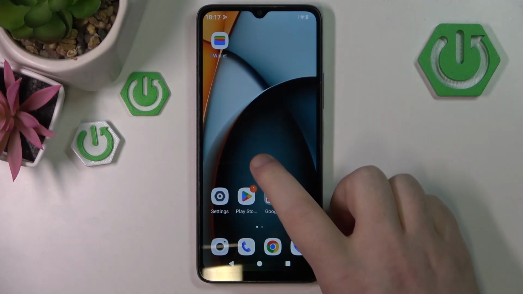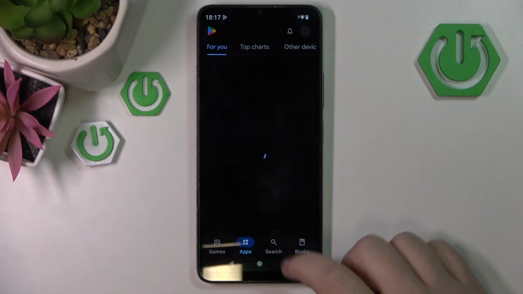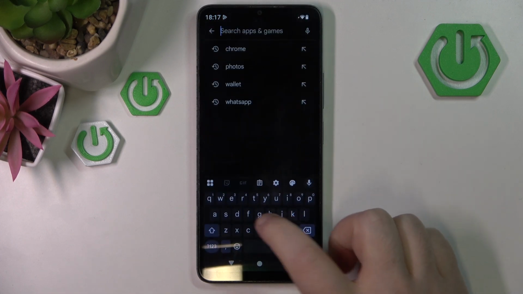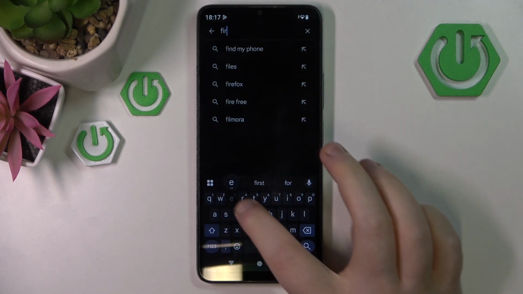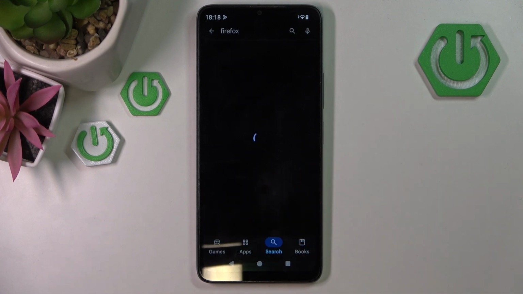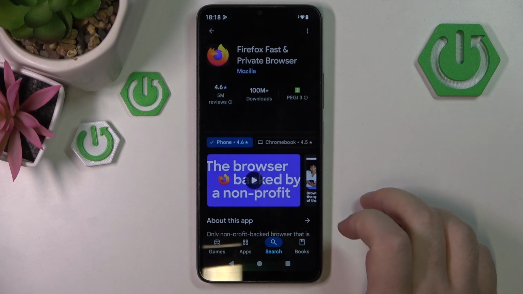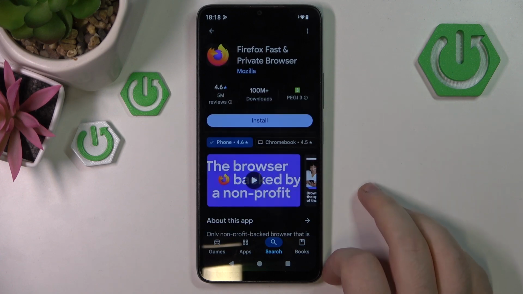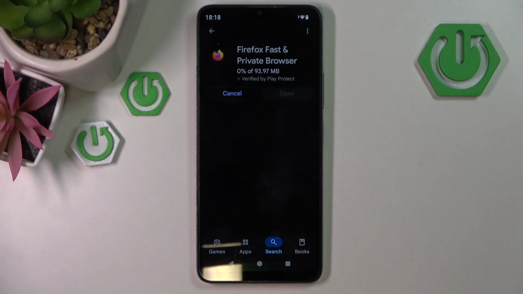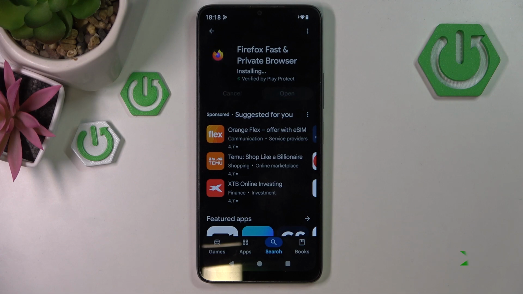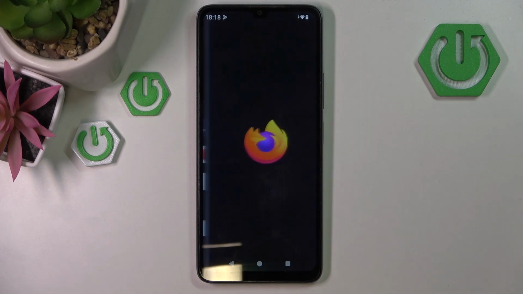So you have to start by opening your Google Play Store, then click on search bar and type in Firefox. Now click search and select this application and click install. Now you can click open,